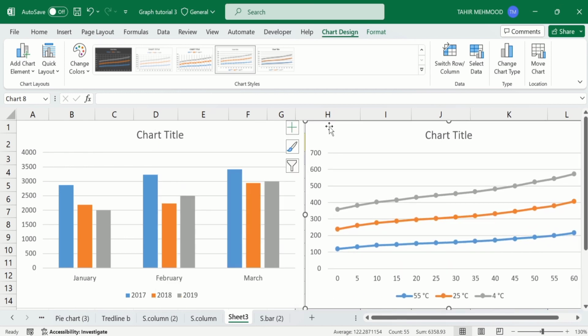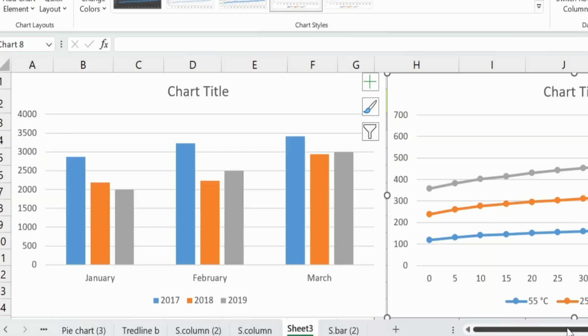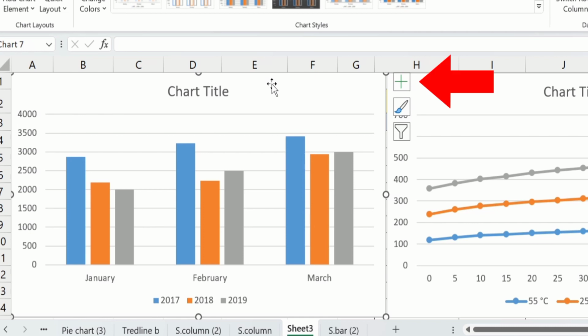So far you have learned how to create pie, bar, column or line chart from simple data sets and from multiple data sets. Now we will move to third part of this video. In this part you will learn how to add or remove chart elements. Select the chart and here you will find the option of chart elements. Select this one